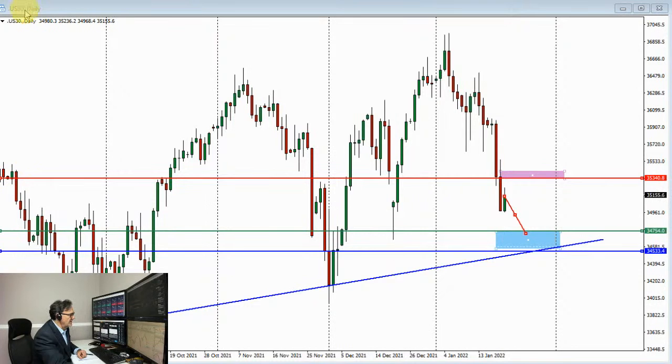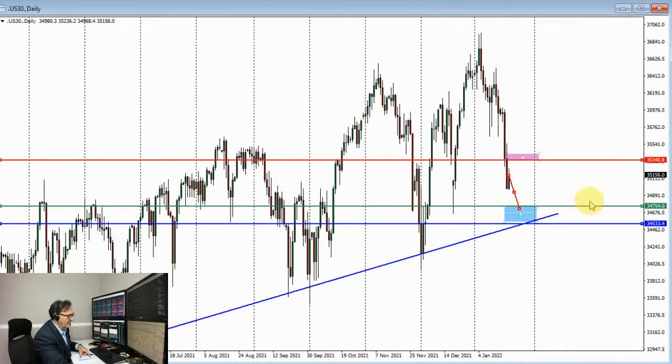So this is Dow Jones. Dow Jones setup looks like this. Dow Jones is still uptrending here, supported by this rising trend line. We have a previous consolidation, previous all-time high, breakout, retest, retest, retest as a support, and then retest as a resistance. So really key level here is at